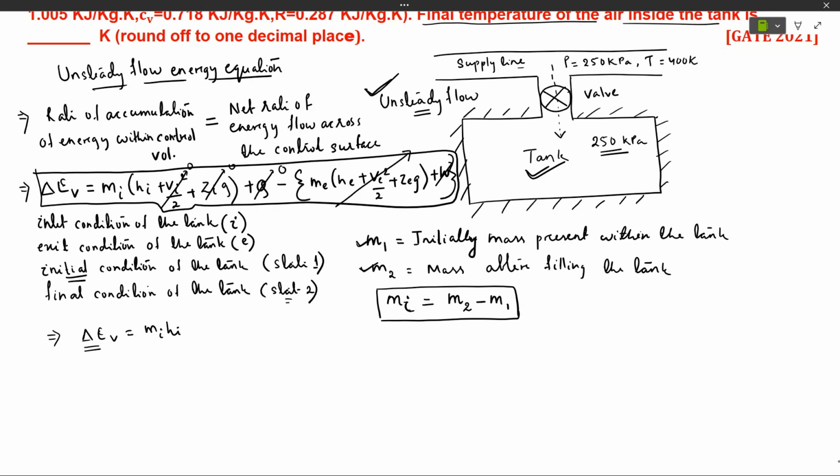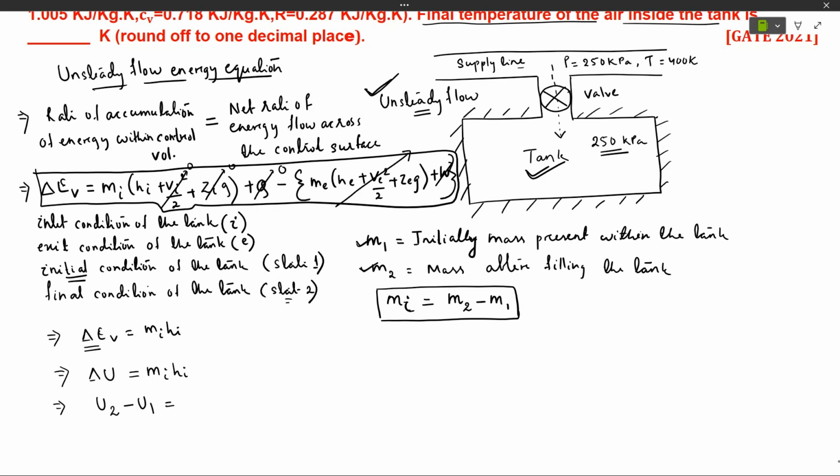So this ΔE_V is written as ΔU, only internal energy we have to consider, equal to m_i h_i. Now this ΔU is nothing but the final internal energy minus the initial internal energy,